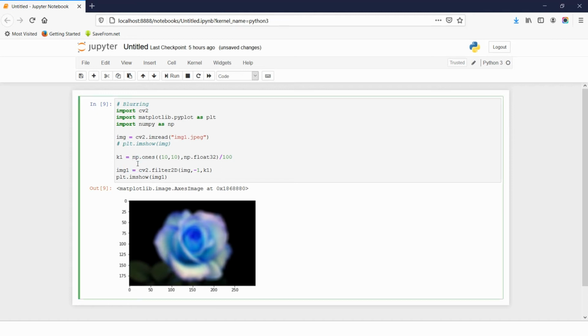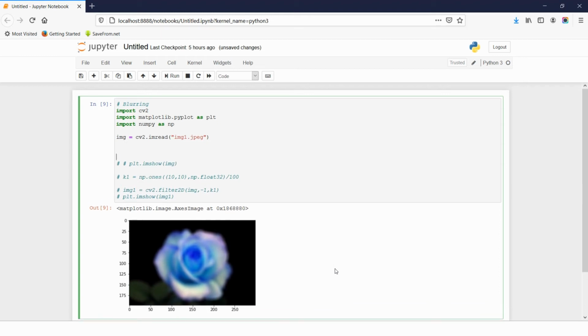Now if we want to see 4 images at the same time using plt, we can do that using plt.subplot.